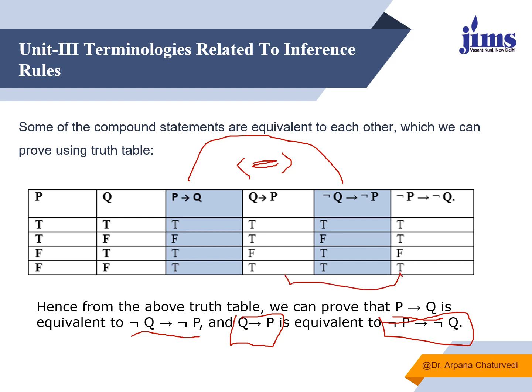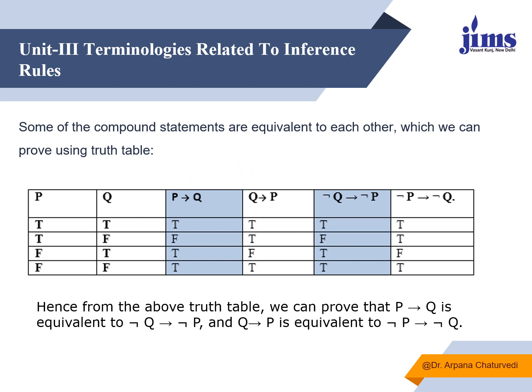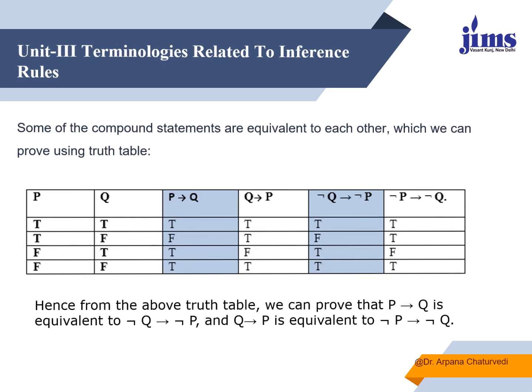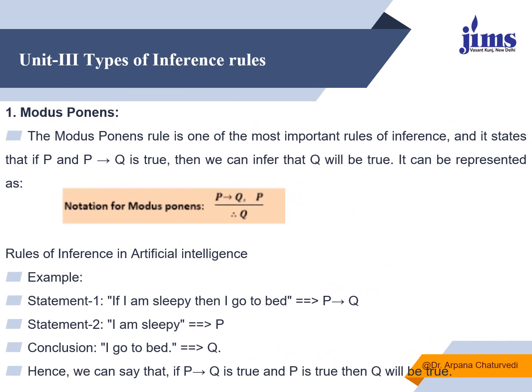So this is also a form of inference in artificial intelligence, wherein various inference rules are used to show the equivalence of compound statements with each other. Now there are different types of inference rules. First is modus ponens. What this modus ponens rule says is that if P is true